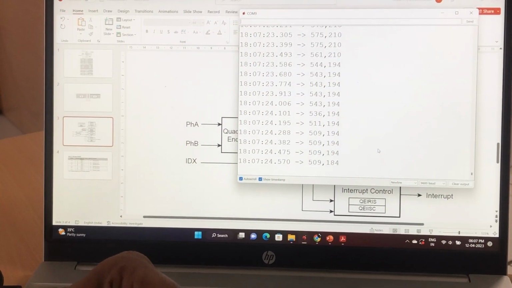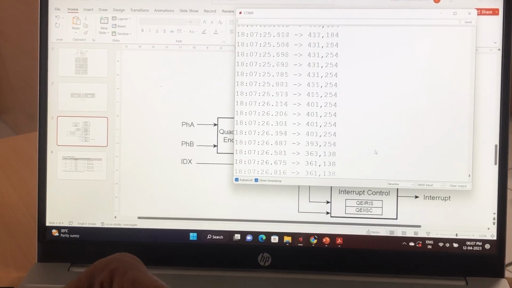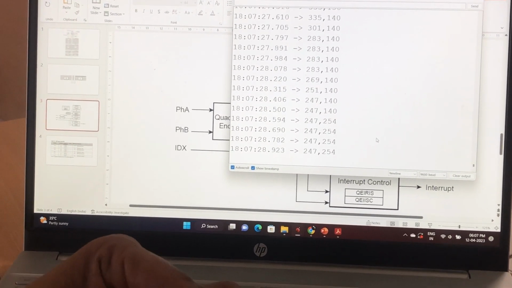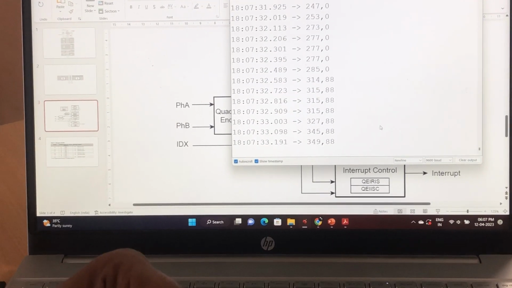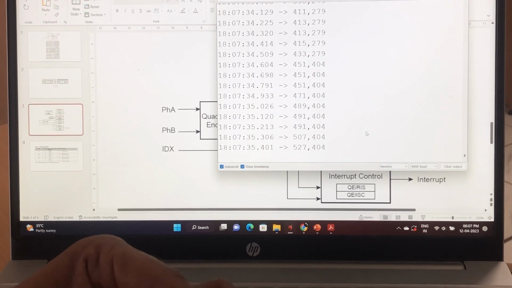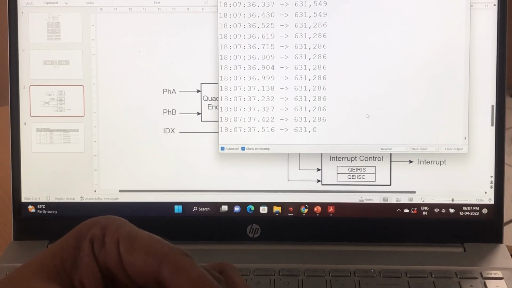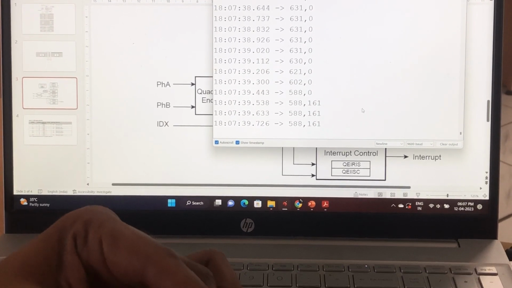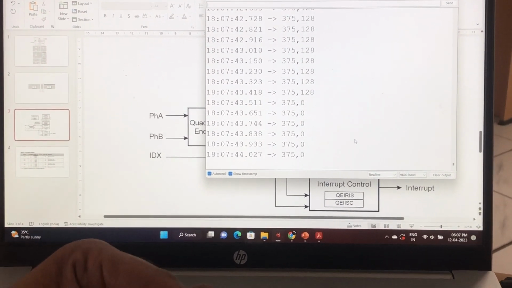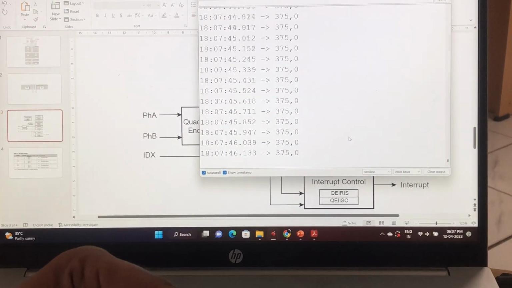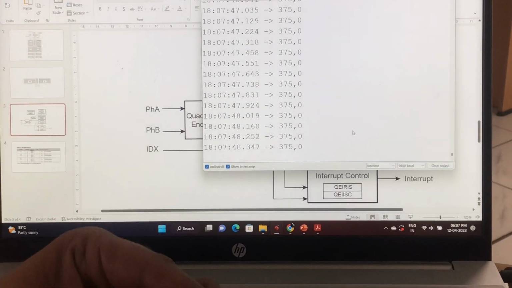So velocity changes in the opposite direction, 400, 300, 200 anti-clockwise, and when it stops, velocity is 0. In clockwise 300, 400, 500, anti-clockwise 600 to 500, 400. How is it able to display 300, 400, 500 while rotating clockwise, and 500, 400 anti-clockwise? Because of these two